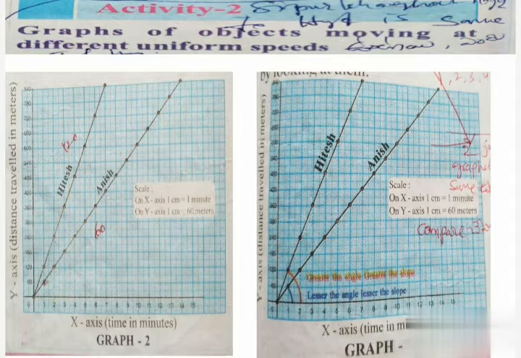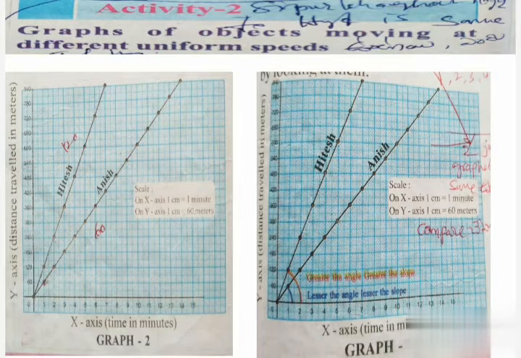Once you observe the graph: Anish and Hitesh raced from their home to school. Hitesh ran at uniform speed, so did Anish. But their uniform speeds were different. This graph too shows their motions.